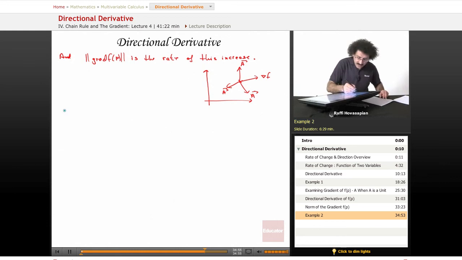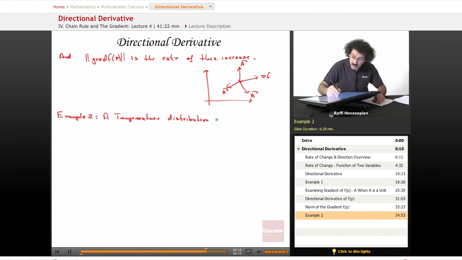Go ahead and do an example. Example 2. A temperature distribution, so now we can actually use a nice physical situation. A temperature distribution in space is given by the function